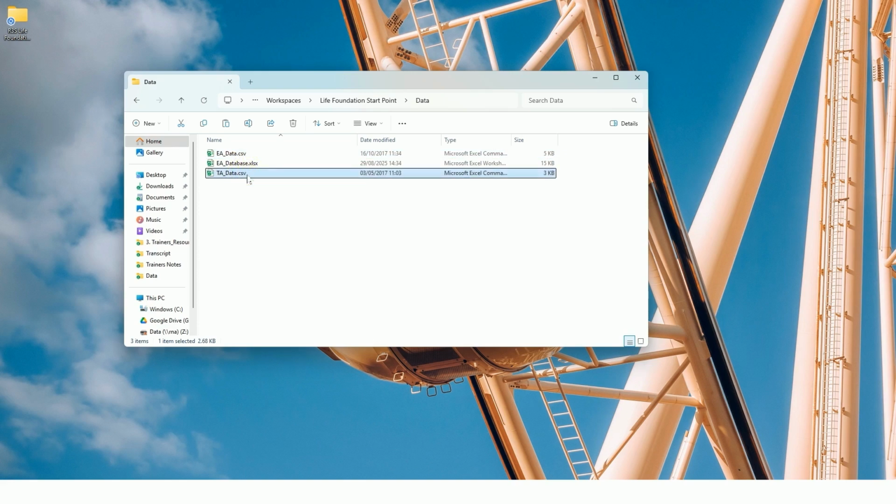This file contains example term assurance data saved in the CSV format. eadatabase.xlsx. This file contains example endowment assurance data saved in the XLSX format.